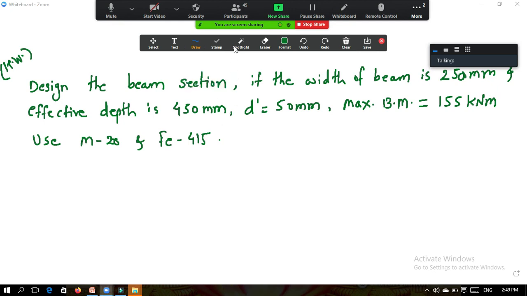Okay, so now the problem is: design the beam section if the width of the beam is 250 mm and the effective depth is 450 mm. D dash is 50 mm. Maximum bending moment is given to you. Use M20 and Fe415. Now in this problem, add one more thing. The beam carries a UDL of 10 kilonewton per meter, including